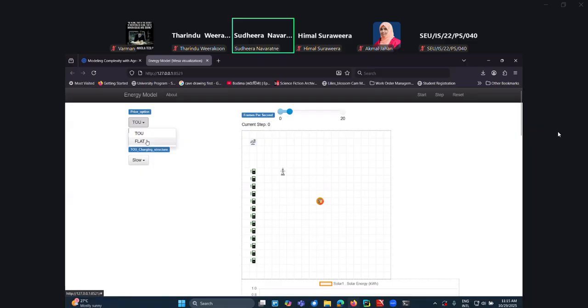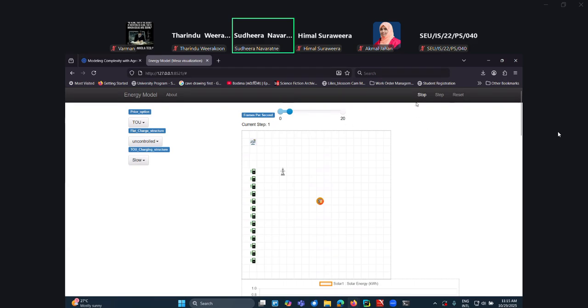In this case, we have considered two kinds of tariff, the flat tariff and the time of use tariff. The electric vehicles can have different charging structures. It can be uncontrolled, vehicle to grid, grid to vehicle, and so on. And it can be slow charging, fast charging, or average charging. Based on that, I can run this model.